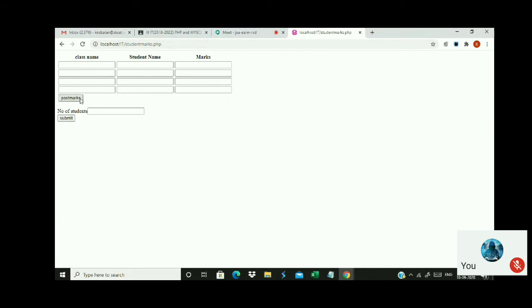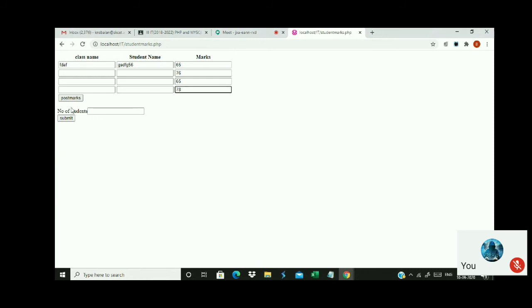Now I just changed it to post marks. So now I can type any name here, I can type the student name, and then I can type marks here, another marks here, anything like this. So you know how to evaluate all these things. Finally, when I push the post marks submit button, all this data should be pushed inside the database, and you should be working it out.